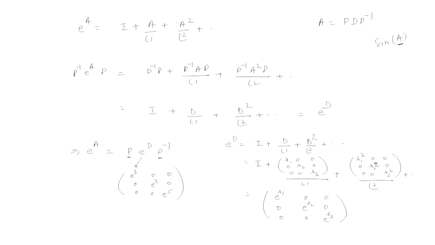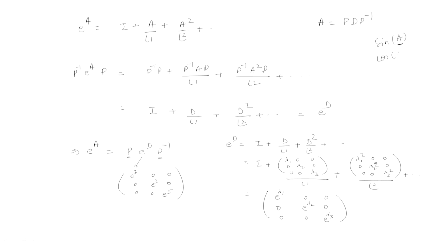Similarly, if you want to find sin A, the sine of a matrix, this is a matrix not an angle, that also we can find using the same derivation, following the same lines. Similarly, cos of a matrix we can also find. So, these are some of the applications of diagonalizability. If a matrix is diagonalizable, we can easily find higher powers of A by multiplying only 3 matrices, E raised to power A, or sin A, cos A, or other expressions of similar types.